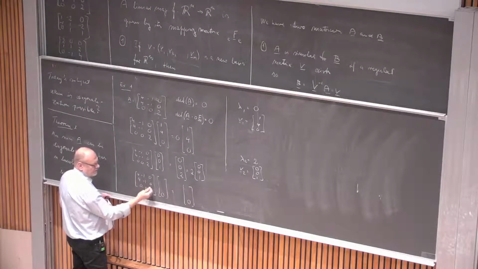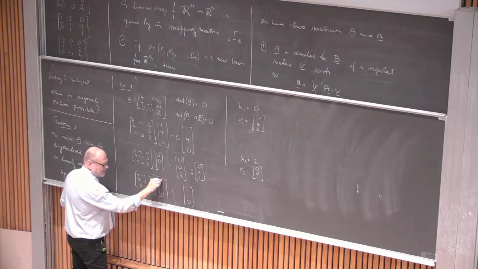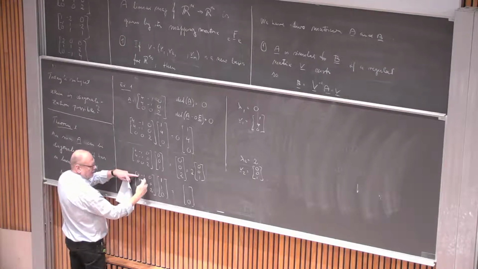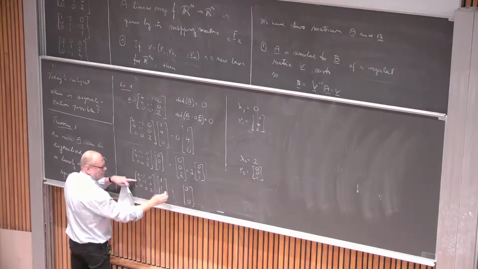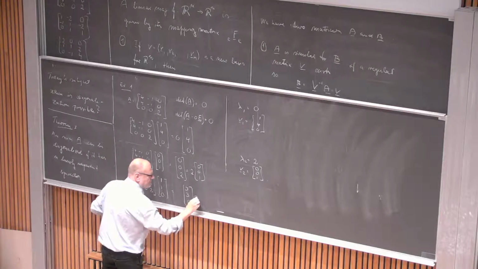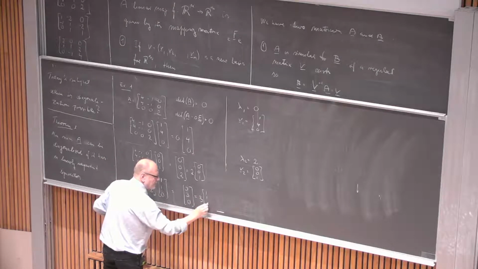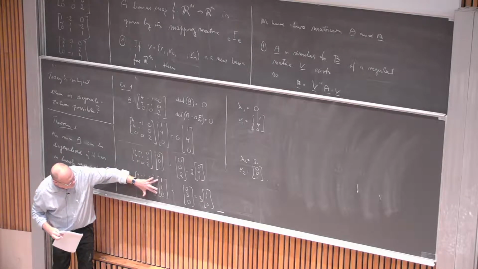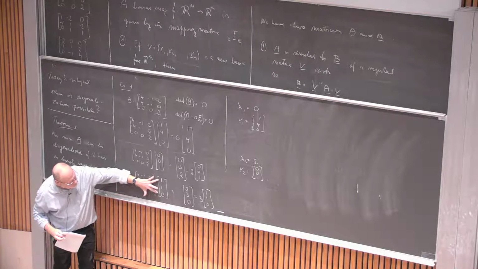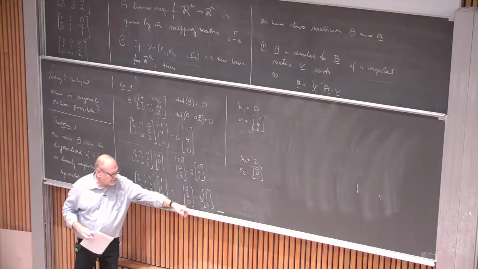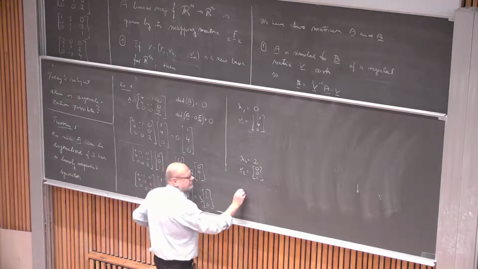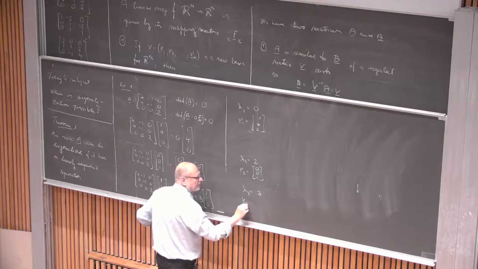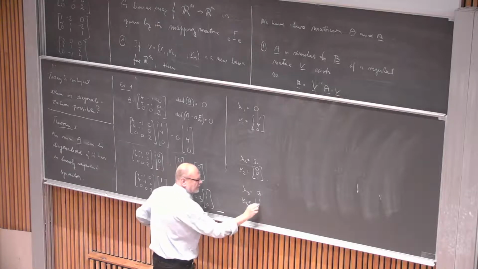These are similar. What if we take these two values here? Then you get 4 minus 1, that is 3, and 4, 3 here. But this is 3 like this. So again, you can see here that this vector here is an eigenvector corresponding to the eigenvalue 3. Lambda 3 is 3, and corresponding eigenvector is